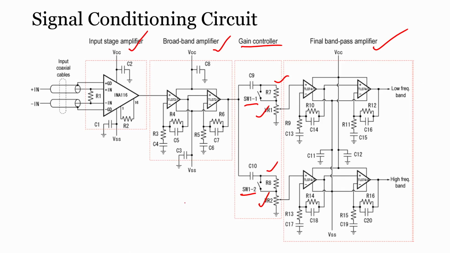So the idea is that whenever the switch is closed, whatever the output voltage at this point will be directly connected to this terminal, because current will always flow through the short circuit path. It is a low impedance path. As a result, the attenuation will be based upon the VR1. Similarly in this case, it depends upon the VR2. Whenever the switch is open,